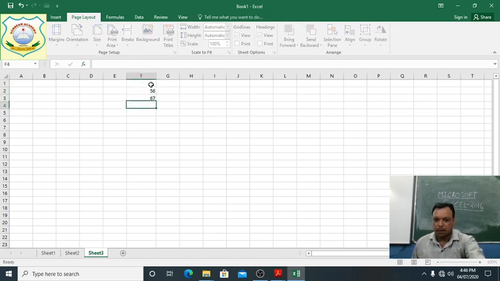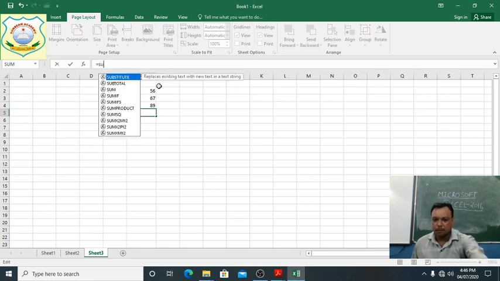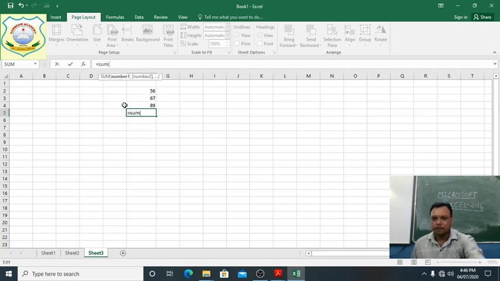When we have written here 56, 67 and 89 and want to add them, we write the sum function with the equal sign on the formula bar. We can also write equal sum in brackets, then F2, then a colon.